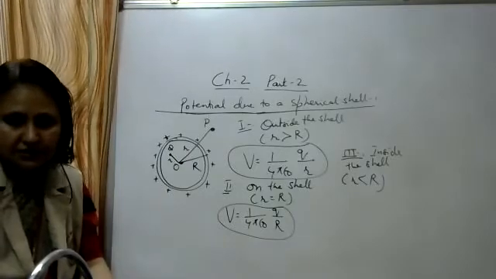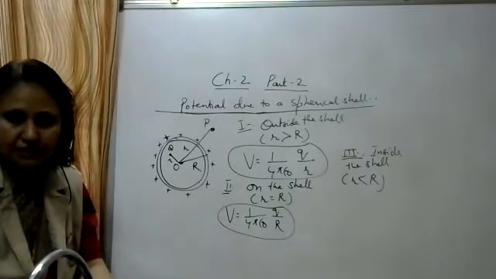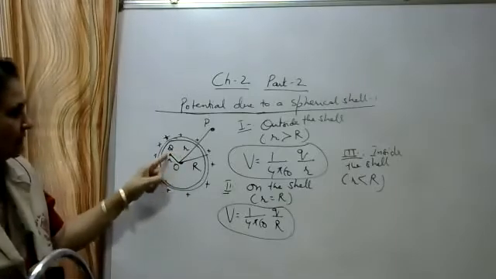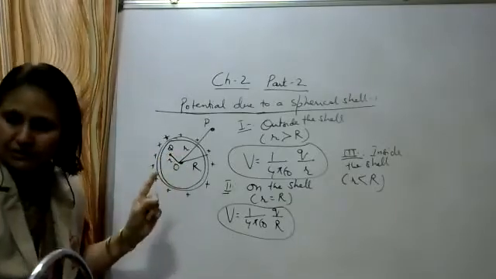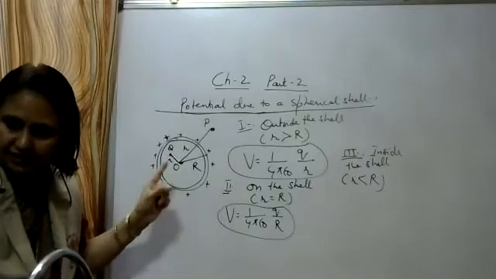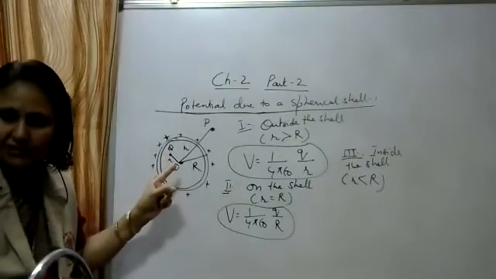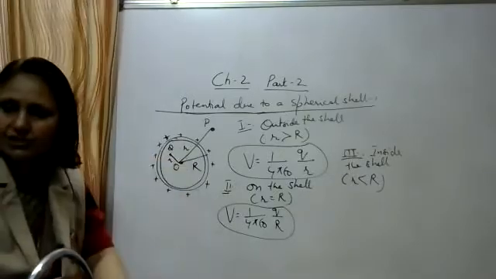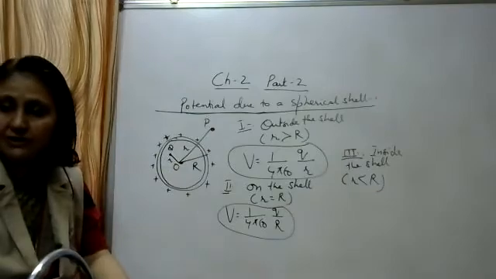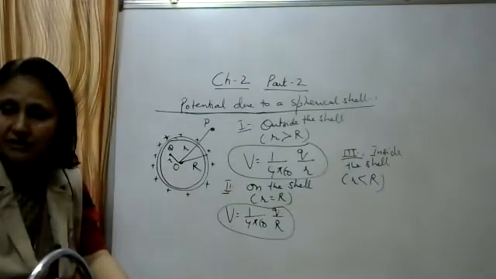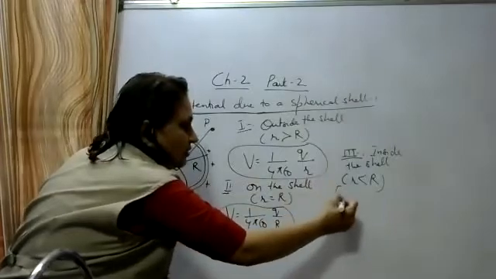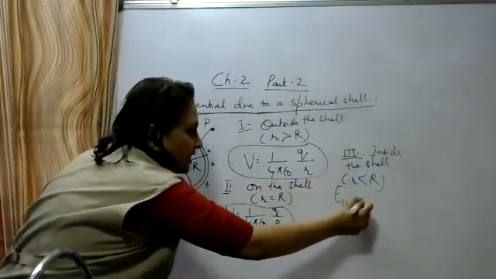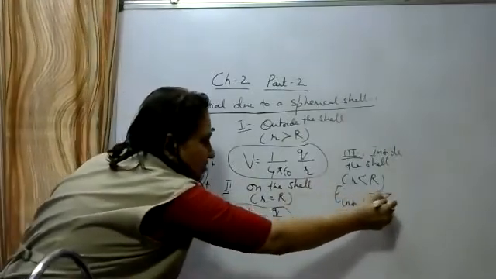The closed surface integral of E dot ds is equal to Q upon epsilon naught. Here, passing through the point Q, we had drawn a Gaussian surface, which is a sphere. And inside that Gaussian surface, there is no charge. So what is the electric field inside the shell? Electric field inside the shell is 0.